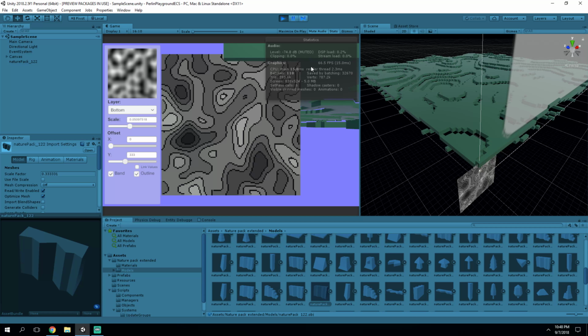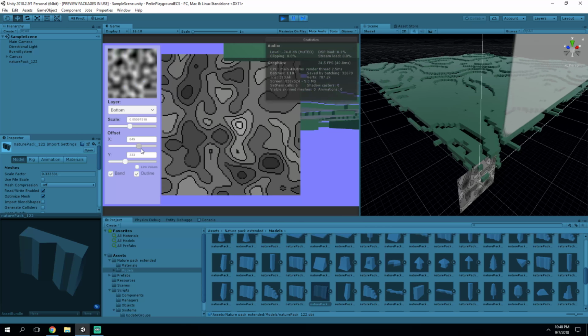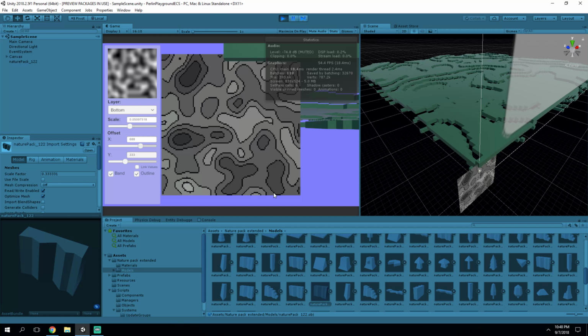Right now we're at 67 frames a second. As I move that, 22 frames a second while it's updating. But as soon as I stop moving it, it jumps back up to 60. It's a little intense. This is using Unity's new systems that are multi-threaded and more lightweight than the old stuff. A lot of fun. A lot of experimental beta branch, but I'm having fun with it, and I enjoyed the